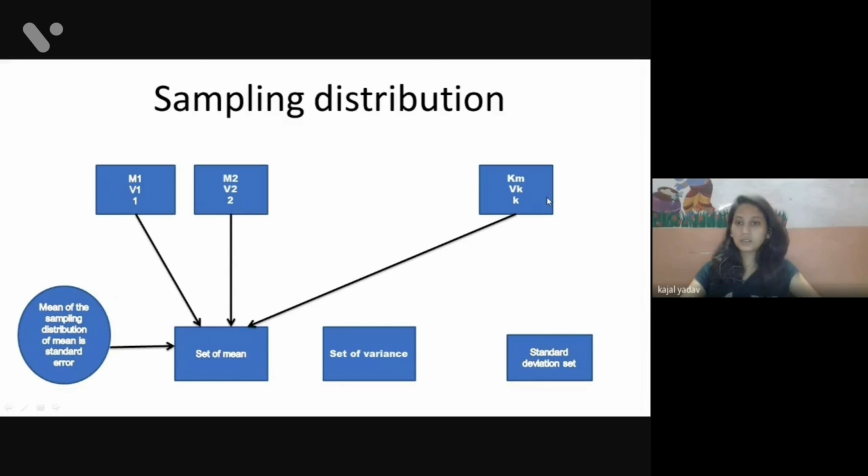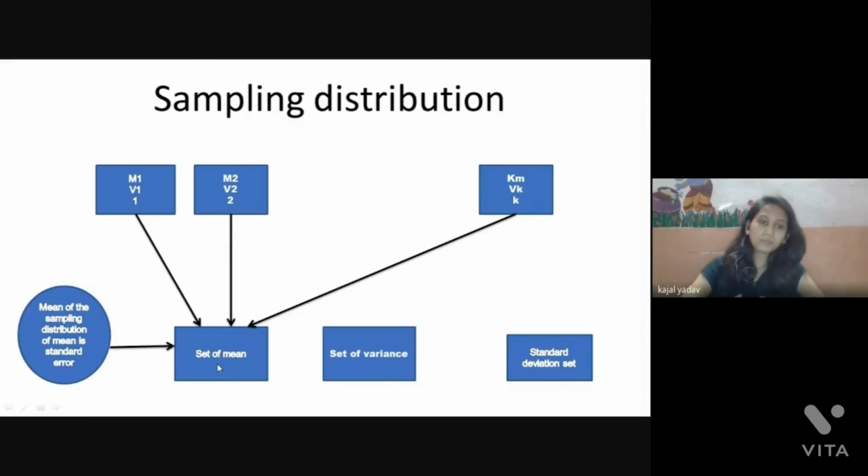I have explained it with a diagram for better explanation, and we will move to the standard errors, where these boxes contain all the means. When we take the mean of this set of means, the standard error is defined through the sampling distribution.